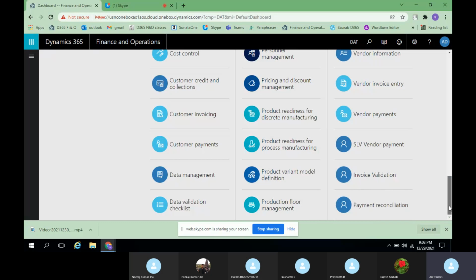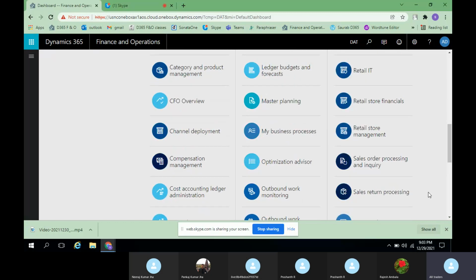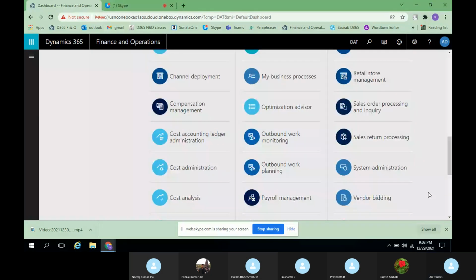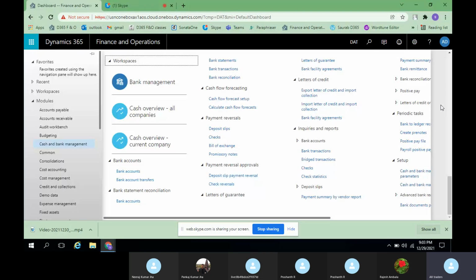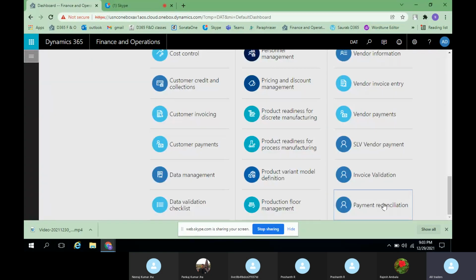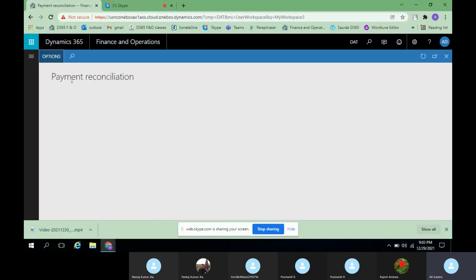All right. So now the payment reconciliation workspace has been created. This is how we can create n number of workspaces as per our requirement. Instead of going through the actual navigation process, you can just directly come to this part. If you open it on a daily basis, the moment you log in in the morning, if you just click on payment reconciliation, all your pending tasks related to payment reconciliation will be reflected here.